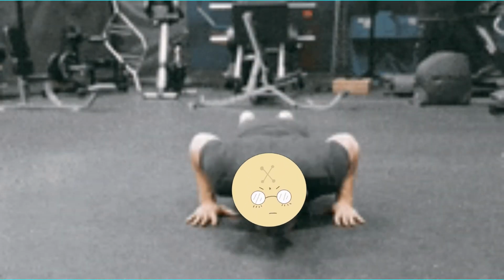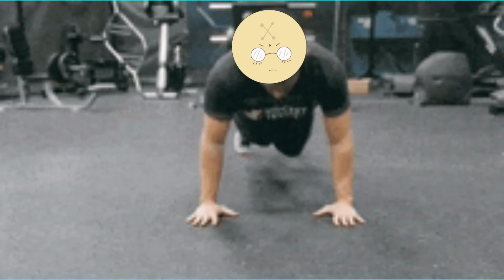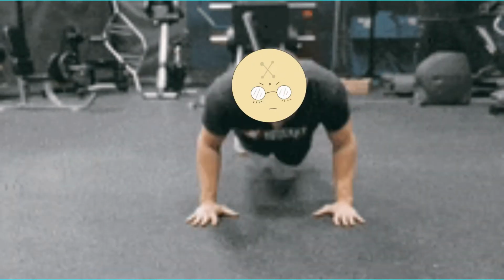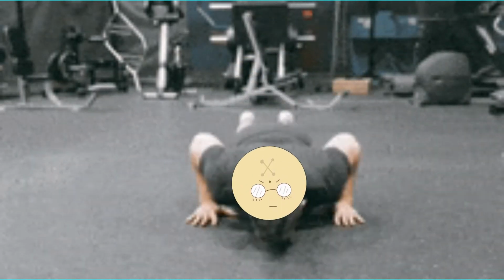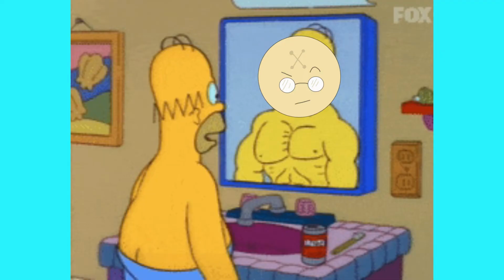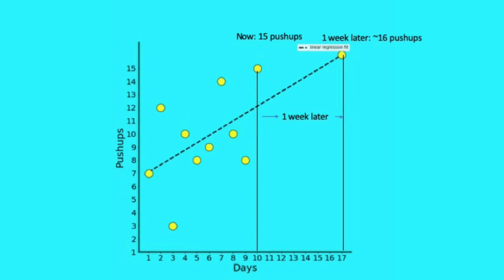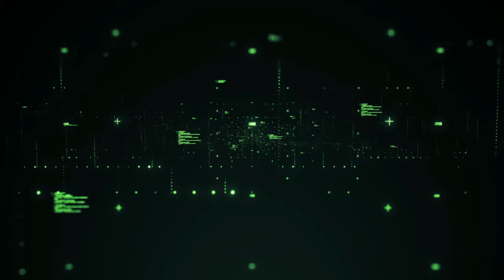make predictions. Let's go back to you doing push-ups. Let's say that by the 7th day you're starting to feel pretty confident about your push-up abilities. And you start to wonder, if I continue on my current trajectory, how many push-ups will I be able to do a week from now? Linear regression allows you to answer this question. Yes, on the given day, you might do 2 more or 3 less, but you can get a good idea about the approximate number of push-ups you would be able to do.